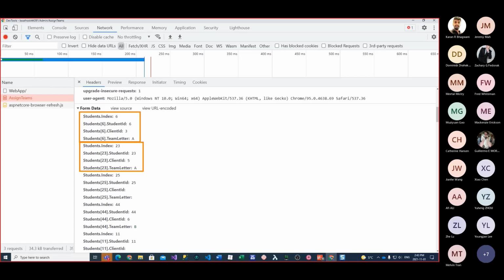And then when I look at students at index 25, you'll notice that for these other ones I've got values for all 3 of them. But here, I've got values for the students at index, but nothing for the client ID and the team letter because I left those blank. But it's going to basically bundle those and treat each of those as a single object. So during the model binding phase,